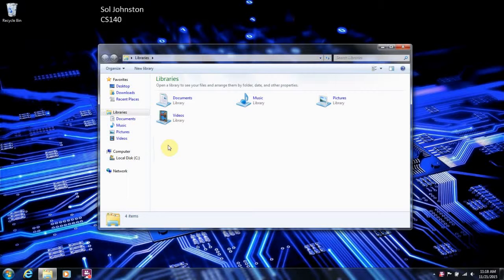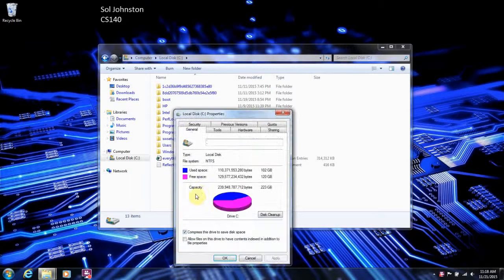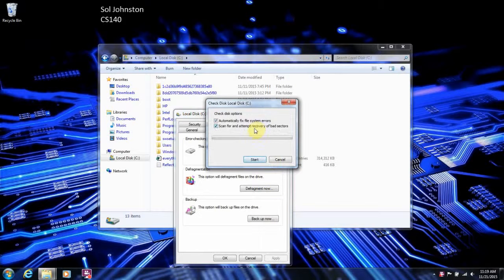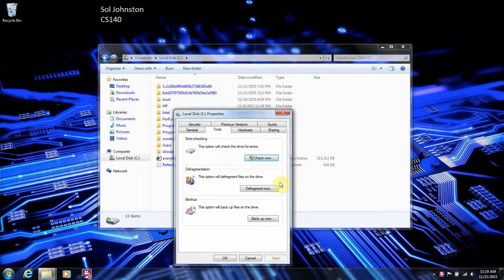Now our next step will be checking our hard disk for errors. So I can just right click here, go to properties for our C drive, and you go to tools, and you can right here go check now. And so you can't do this either unless you are an administrator also. So it would actually have to do this next time I restart the computer. And then our next step